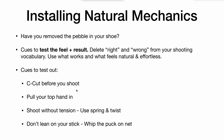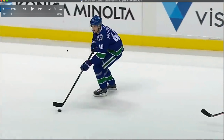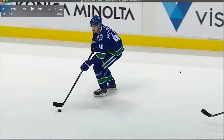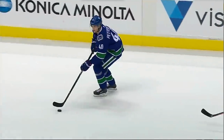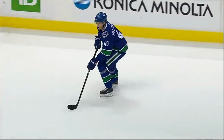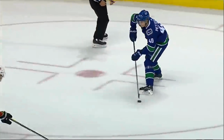The other one is pull your top hand in. Last week I talked about how sometimes the cue hands out can throw players off because they put their hands out and then they keep them out. And this leads to kind of a blocky, hard working shot. And it is true that, if you watch here, Pettersson does have his hands out and away from his body. But